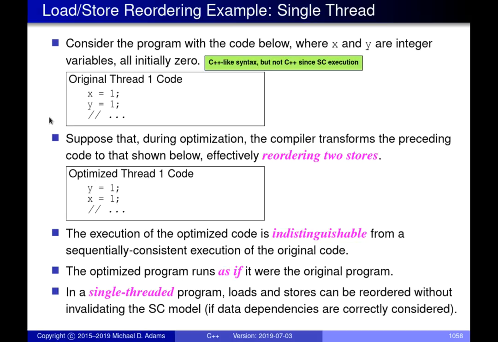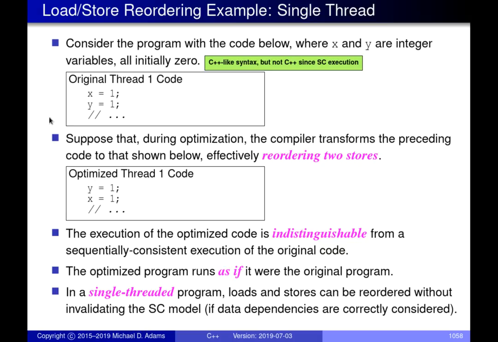I just want to make one comment before I go into this example, which is that although I have C++ syntax in these examples, they are not C++, because C++ does not use sequential consistency for its memory model. Therefore, anything that we talk about here is kind of meaningless in the context of C++. But just because we're all familiar with the syntax of C++, for the code examples I'm using C++ syntax. It's important to understand this is not really C++ code, because there is no sequential consistency guarantee for the code that would be running here.